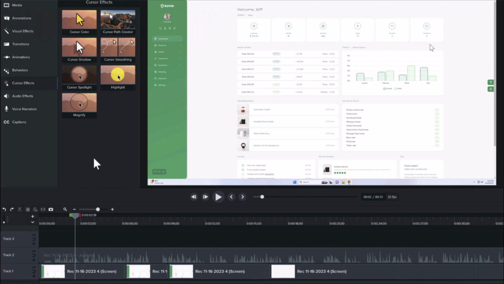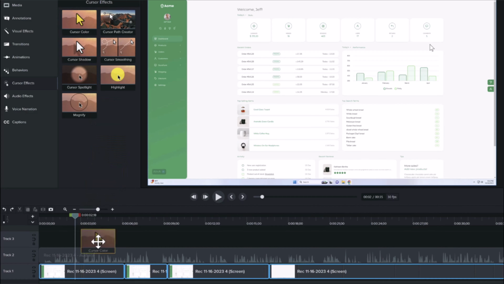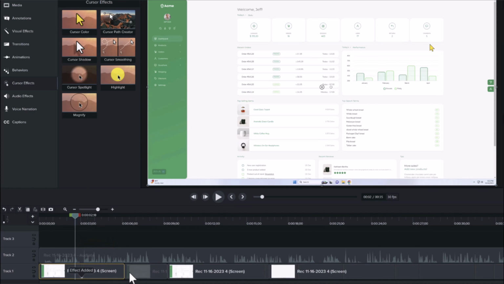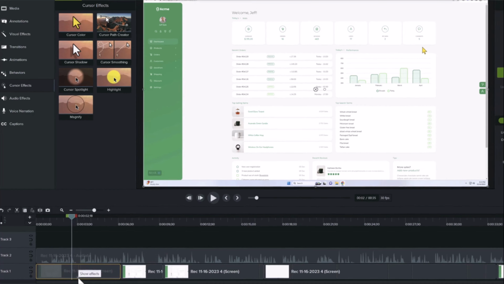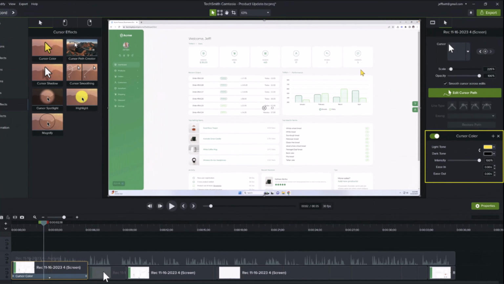Let's start with the screen recording. Some of the effects will be similar to the ones that we've explored during the Camtasia Rev section. If we wanted to change the cursor color, we only have to click and drag the effect on the clip we wanted. Similar to the behaviors, it adds the effect in the bottom tray. Click on the arrow to see the effect. You can also see the properties of the effect on the